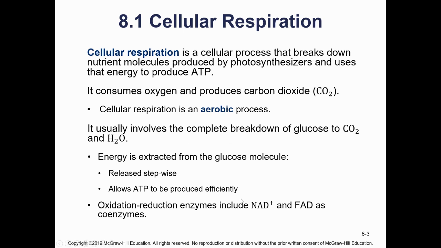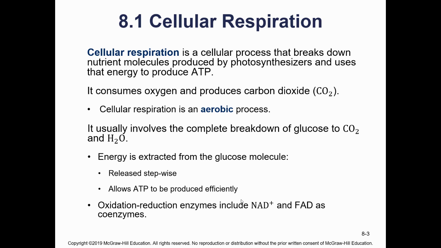We are not just going to do one step to separate all the carbons from all the hydrogens in that glucose and release all the energy at once, because if we did that, our second law of thermodynamics tells us every time we convert from one form of energy to another, we lose some energy as heat. That energy is now heat energy, which dissipates too quickly for us to use it for work. If we broke every one of those carbon-hydrogen bonds in one step, we would release the equivalent energy of a little baby nuclear bomb every time we broke down glucose. So instead, we're going to break down step by step by step by step